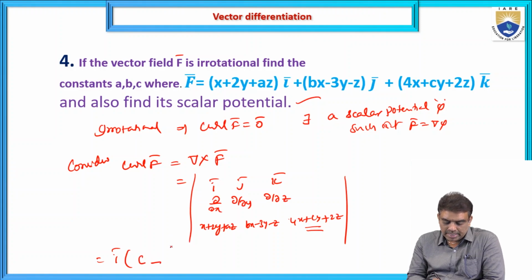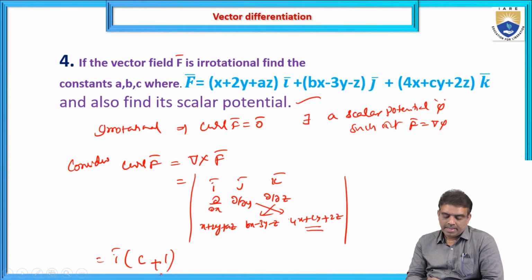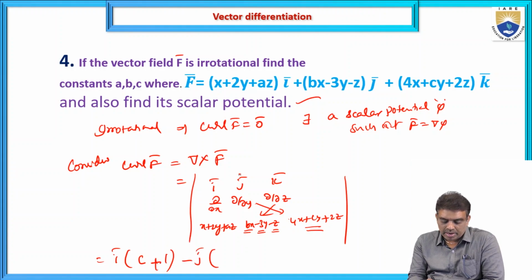c, minus dou by dou z of this one, minus of minus plus 1. This is the x term, this is the y term, this is the z term. Dou by dou z of this one, minus 1, already minus is there, c plus 1. Next, minus j bar into, on discarding the middle column and first row, dou by dou x of this one, that is 4, minus dou by dou z of this one, that is e, dou by dou z of this